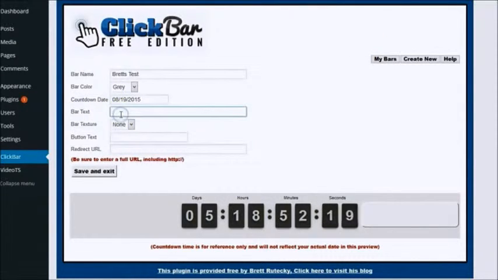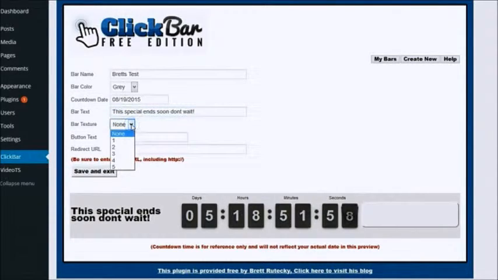So I'm going to enter some text. You need to have some text to tell people what the countdown is. Otherwise, they just see a countdown timer. They don't know what it is. So let's go ahead and enter some text here. Just type in "this special ends soon, don't wait," and then I'm going to be able to pick the bar